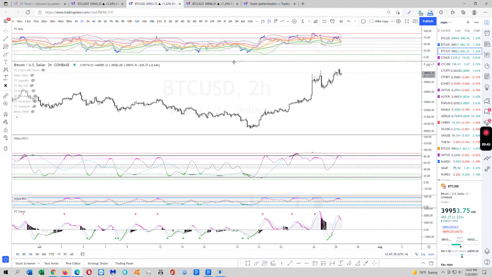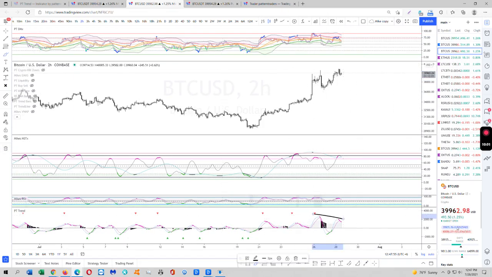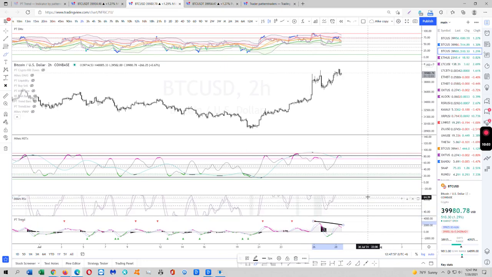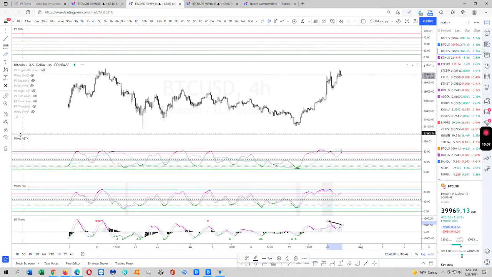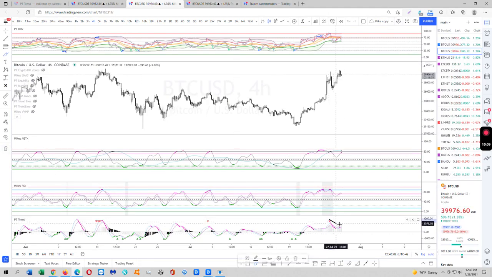This is a very nuki type of pattern. So be very careful with whatever move we get to the top side. It's probably going to be a wick. It's probably going to come down, right? We already have a 2-hour div. That's the PT indicator, and the PT indicator calls the divs very well. We're probably working on a 4-hour div right now. Be very careful with whatever up movement we get, guys.